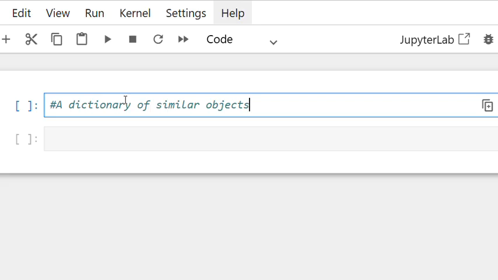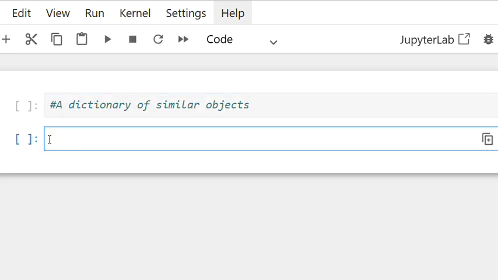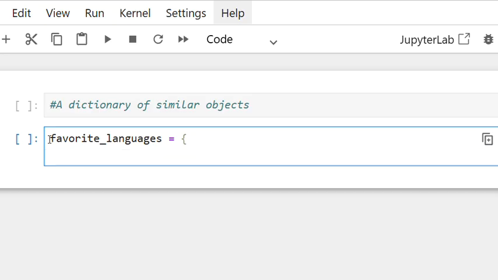or what their favorite player is, or what their favorite book is, what their favorite author is, and what their favorite country is. So let's ask people about their favorite languages. And then let me just add the name Khan, and let's say that Khan says that his favorite language is Python,